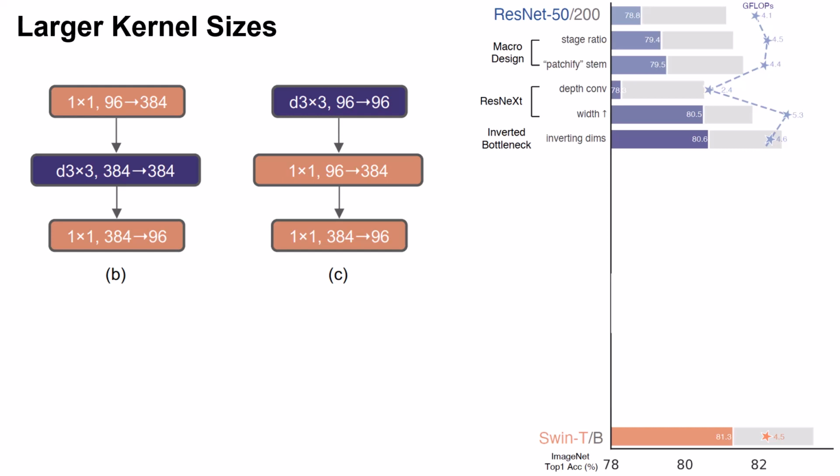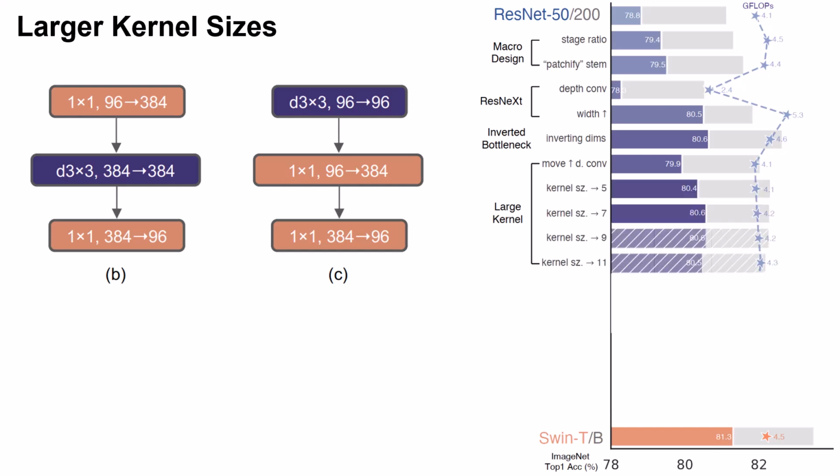And now by having this architecture, we can try larger kernel sizes. So instead of 3x3, let's just try 5x5 or 7x7 or something bigger, because they realized that in Swin Transformer they're using window size of 7x7, and so without doing anything, only by swapping the position, the performance drops, and the gigaflops also drops because we are applying the 3x3 convolution on 96 dimension, not 384, which is used to be. But by increasing the kernel size to 5x5 and 7x7, the performance increases